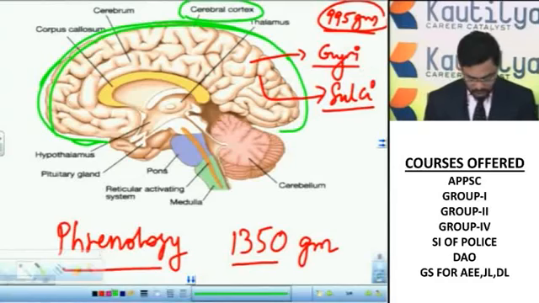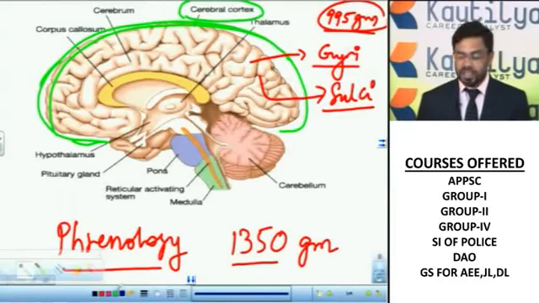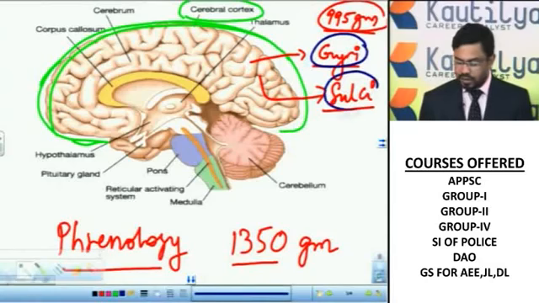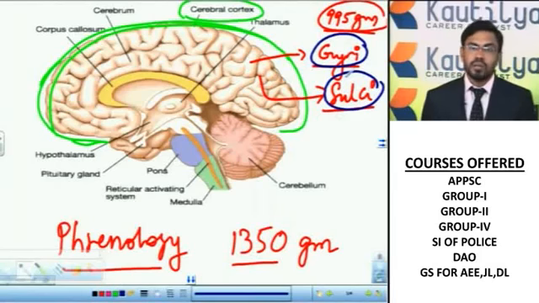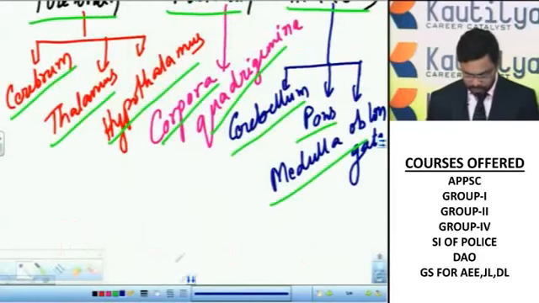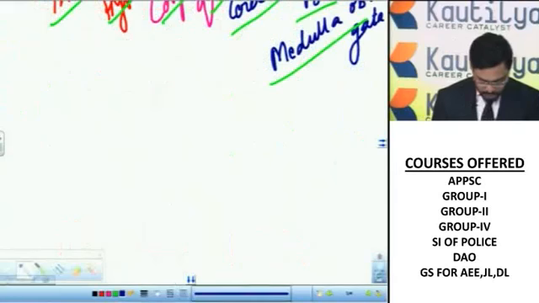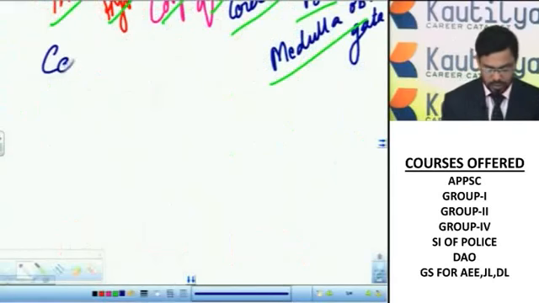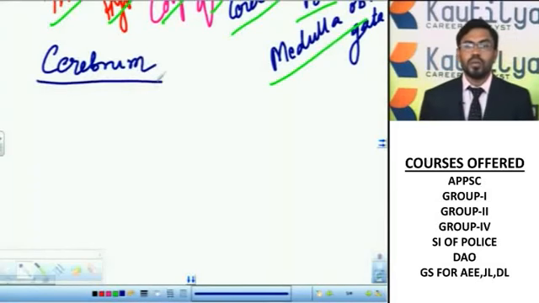On an evolutionary basis, the presence of gyri and sulci indicates that the human brain is well developed when compared with other mammals, other animals. These gyri and sulci increase the surface area of the brain, so that more neurons can be accommodated in the brain. The cerebrum is the main center of the brain.